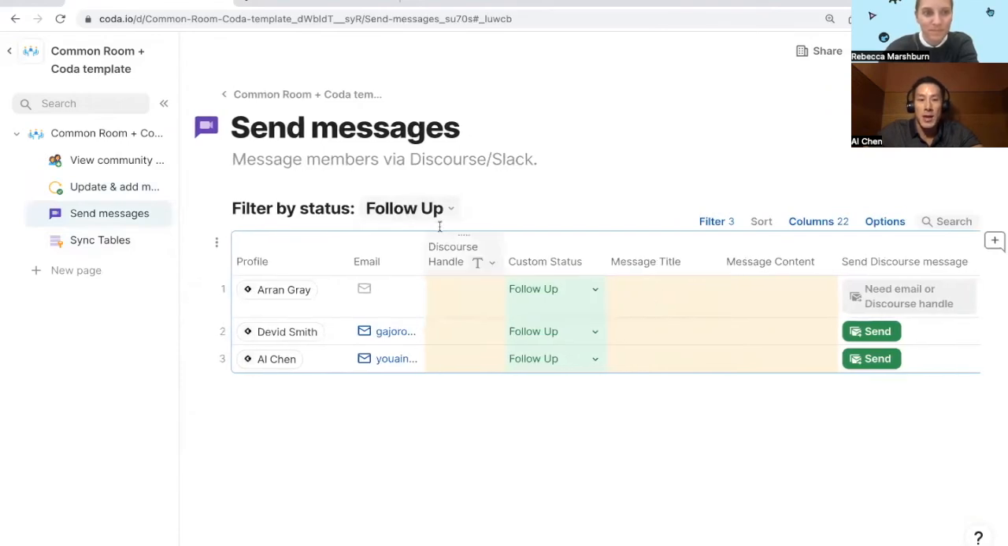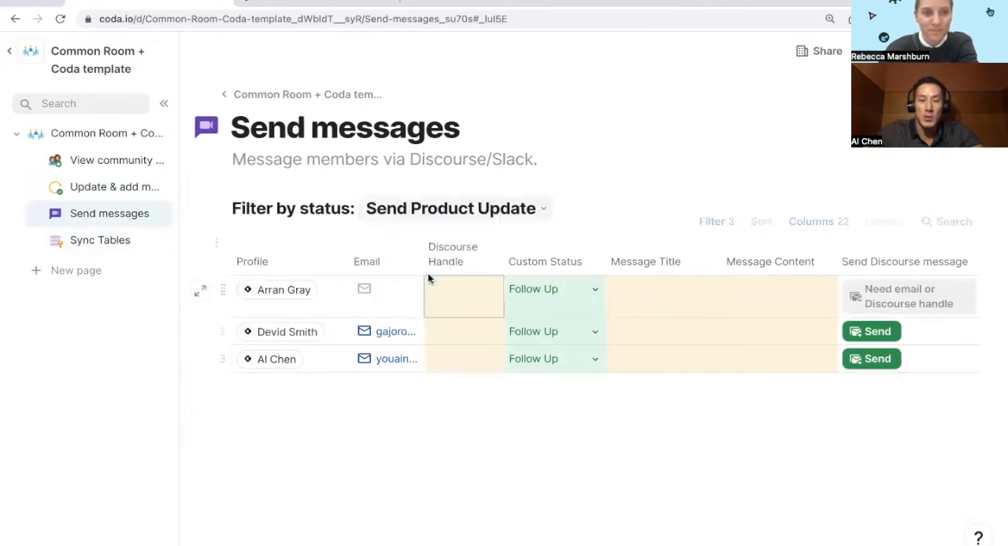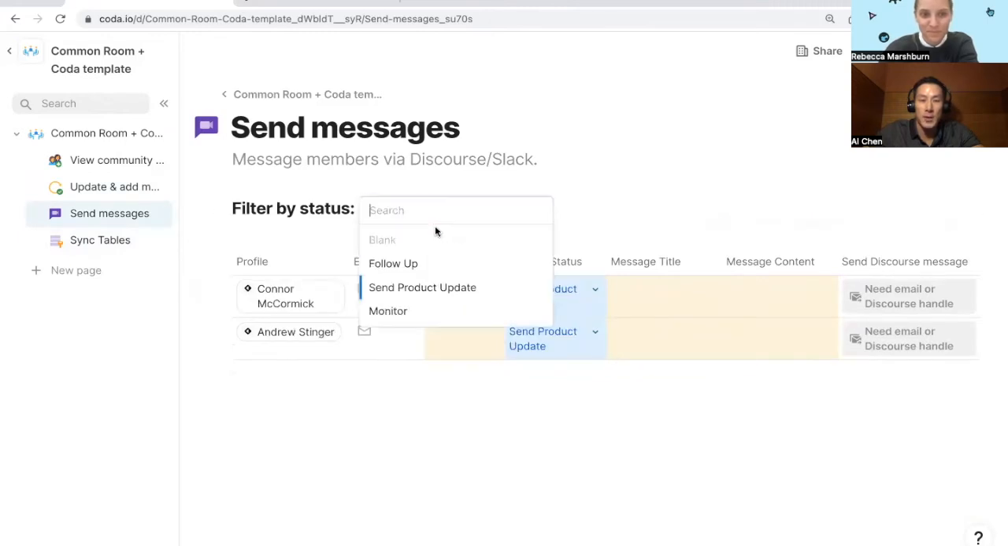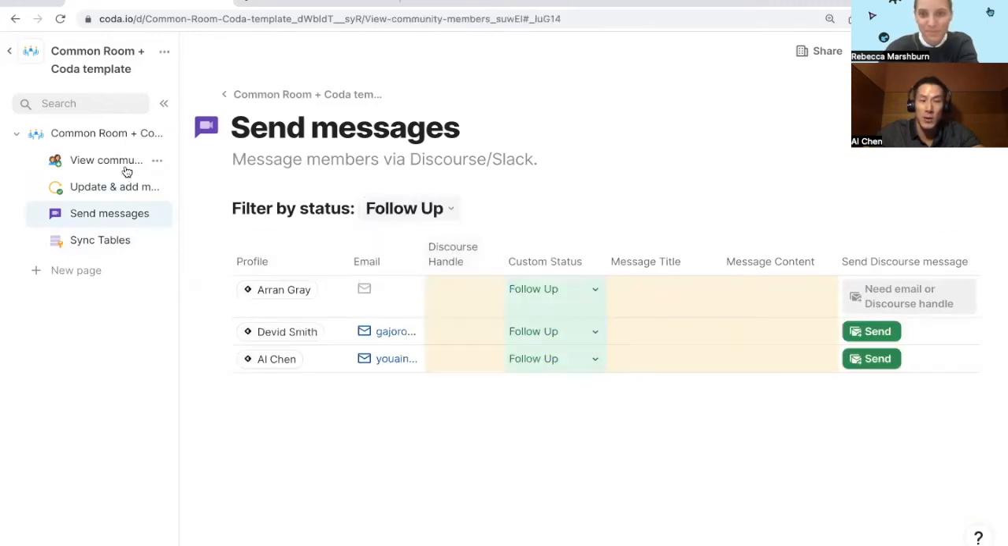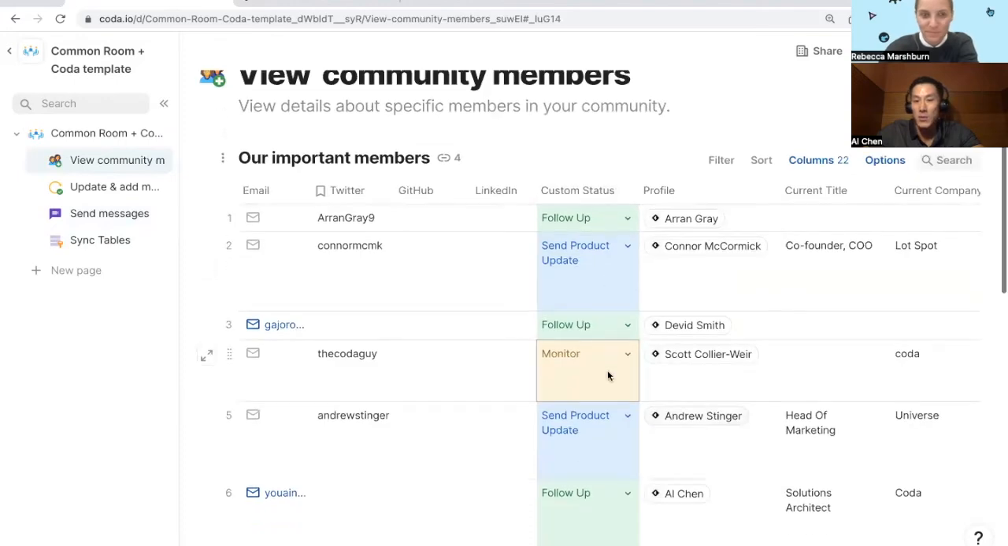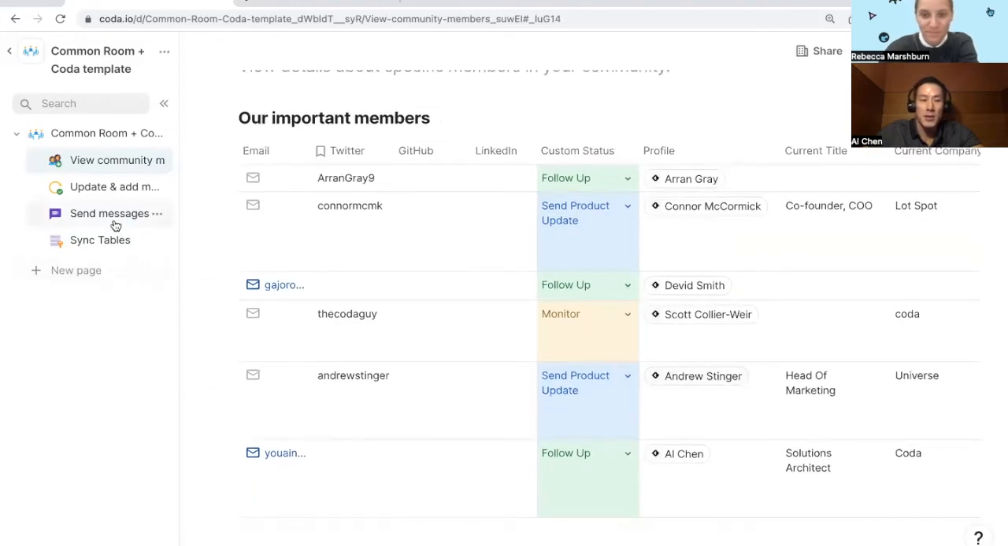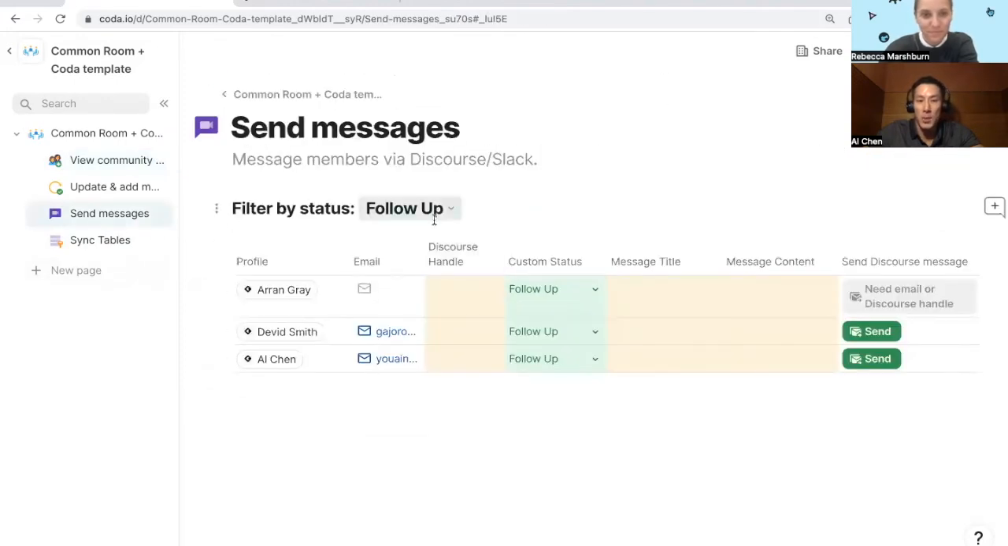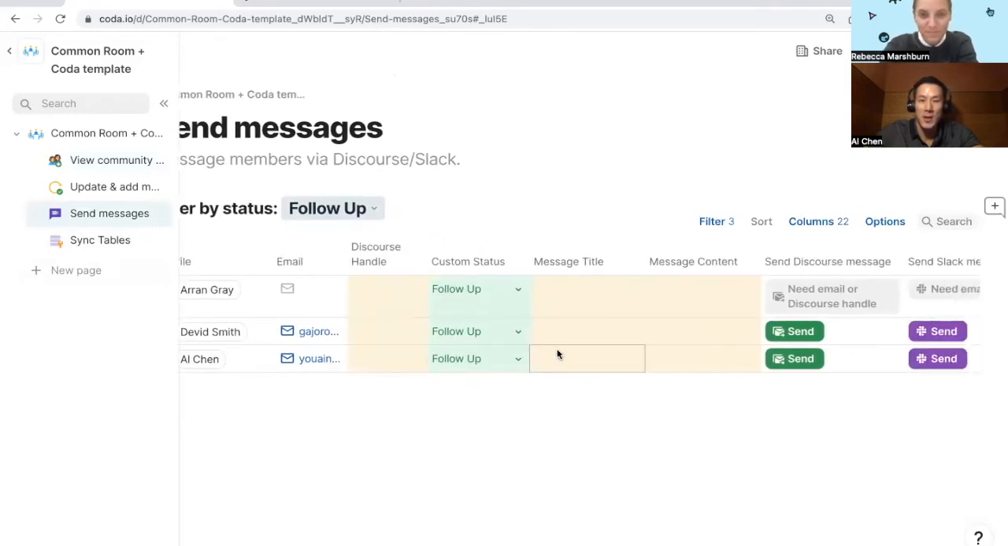So let's say I want to look at only the people I want to follow up with. In the first page of this template, I had indicated this custom status field for my members. In this send messages page, I'm looking at only people that I want to follow up with. And let's say I want to follow up with Al Chen, who is me. My title is, hey, this is a cool demo of the